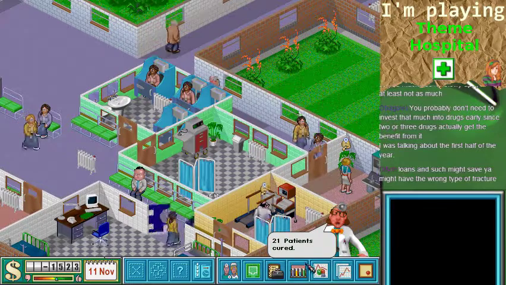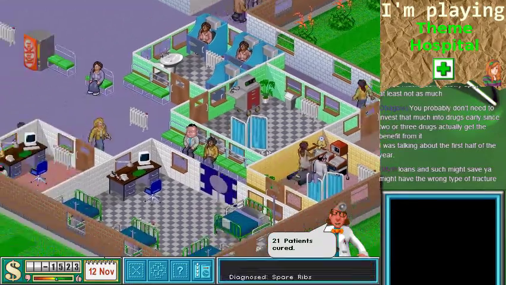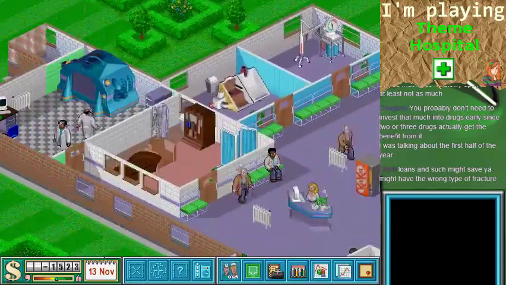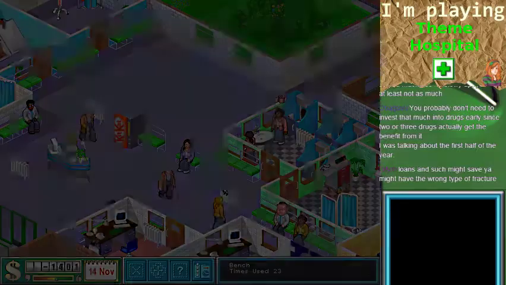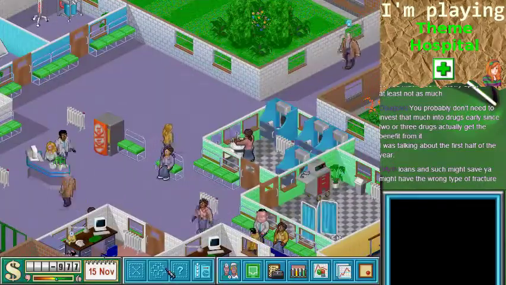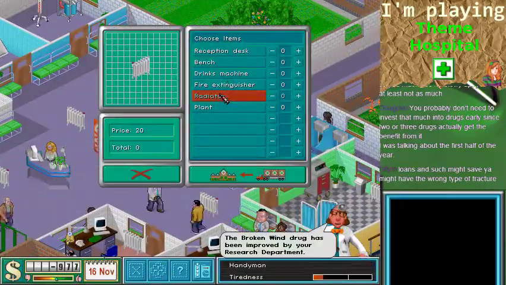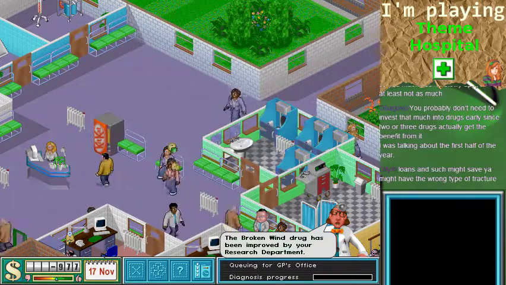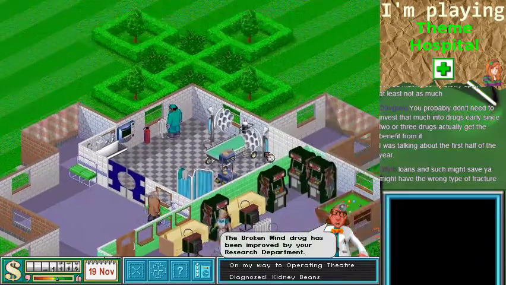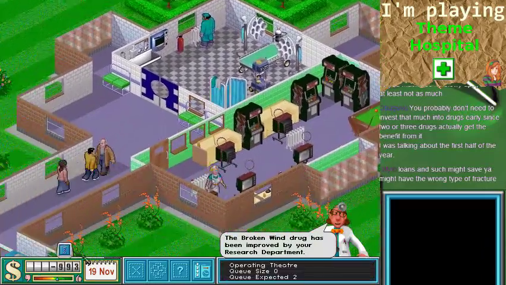Sheesh. I would love to just remodel all of this, just move things around. This is such a nasty place. I mean, look at this. The narrow corridors in between. And the way the rooms are set up, just...